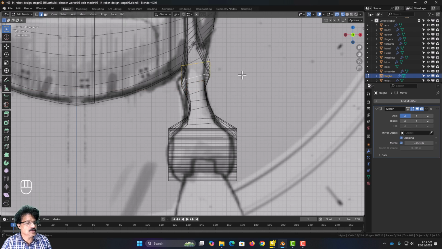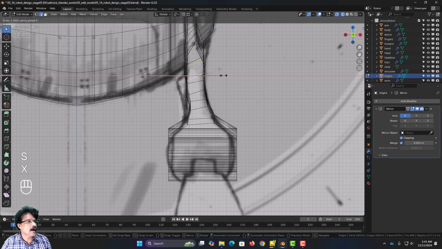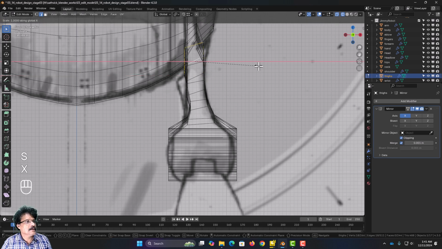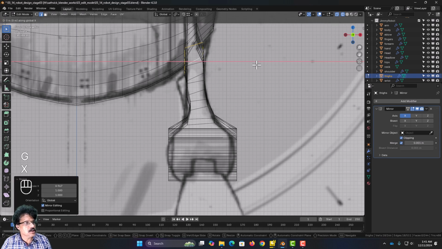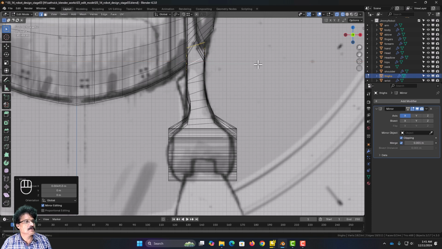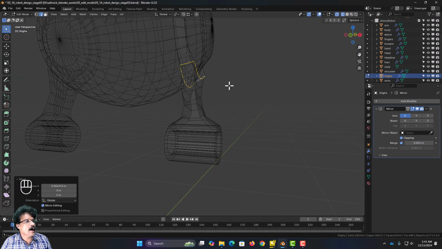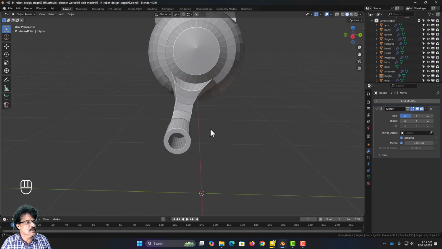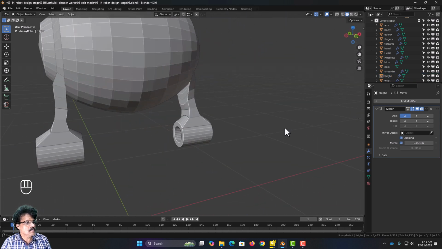Then select this loop, S X, and I am going to scale it like this. Select this loop, S X, and slightly scale it, and if required G X and slightly move it like this. And now I have got this structure ready. So if I press Z and come into solid state, I have got this